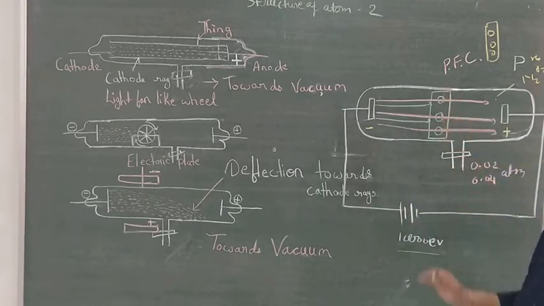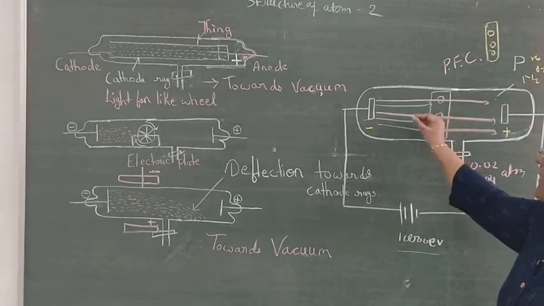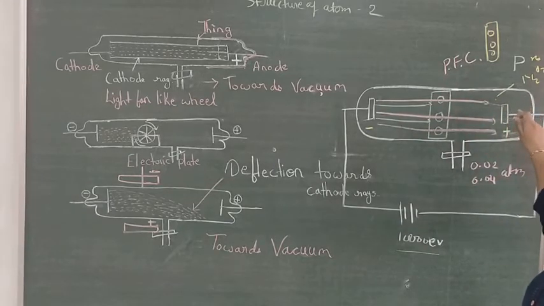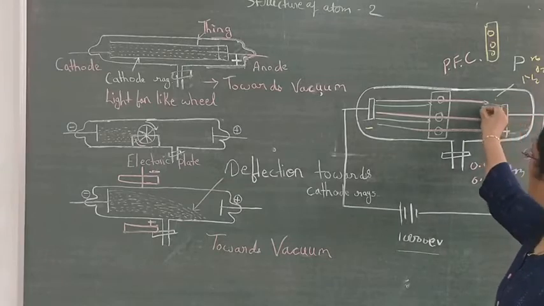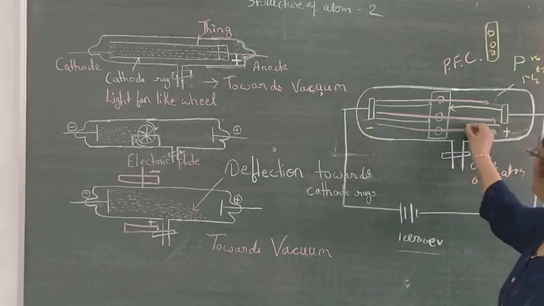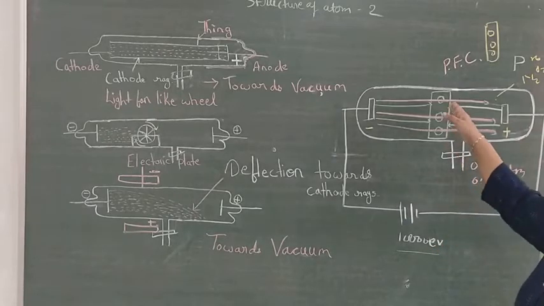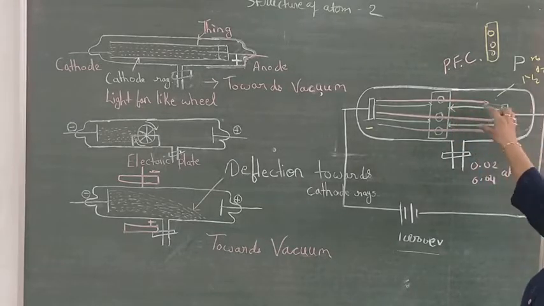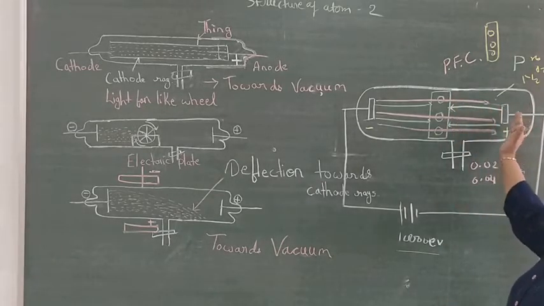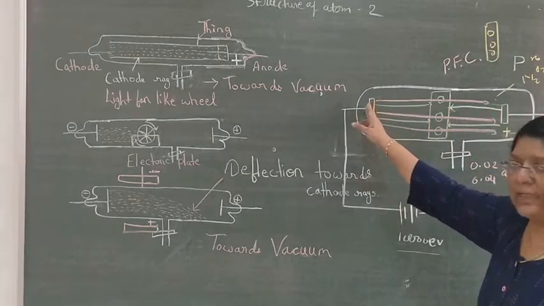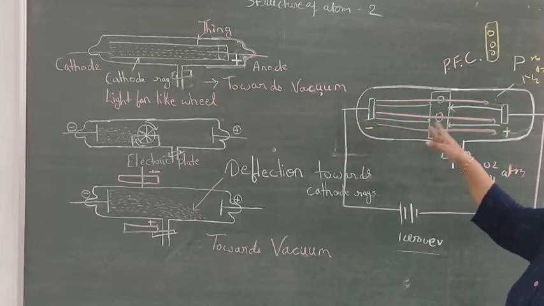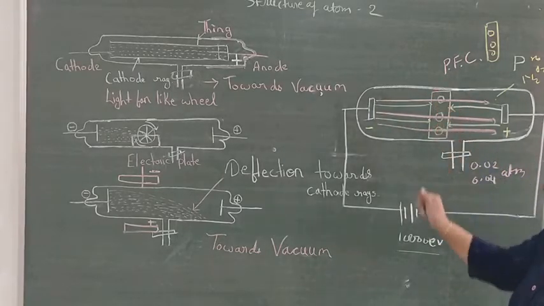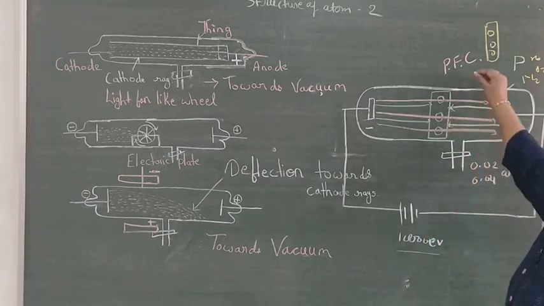That's why they use perforated cathode, and they find those rays which are directly going through the sieves towards the anode, they are cathode rays. And the anode rays are stable only at the portion where the sieves are not there, they are retained only on that side. These are the anode rays. They didn't penetrate these holes, and they are not coming towards this cathode. They just retain themselves in the portion where sieves are not available on the cathode.